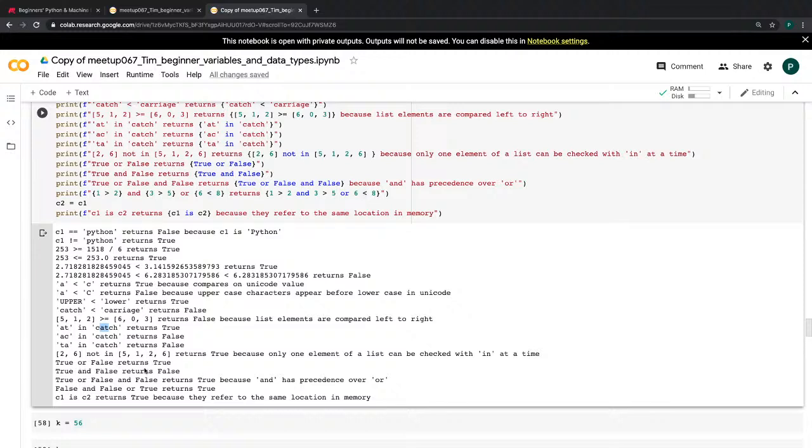So true or false, that returns true. Yep. True and false returns false. And similarly, you could have them around the other way. So you could have false or true returns true, false and true returns false. Now, if you have several of these one after the other, so true or false and false, there's